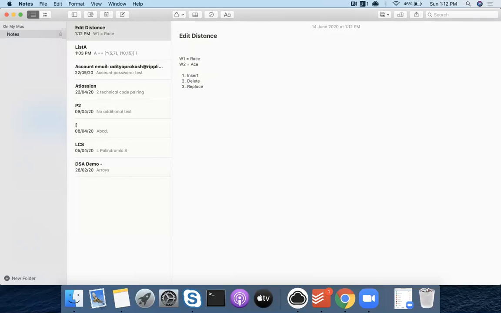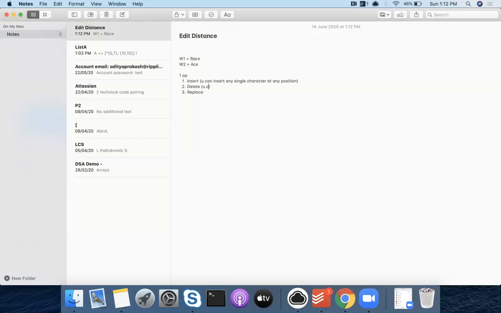By insert, I mean that you can insert any single character. Character is always single, so you can insert any character at any position. I need to write single because this will be counted as one operation. All of these will be counted as one operation: insert, delete, and replace.